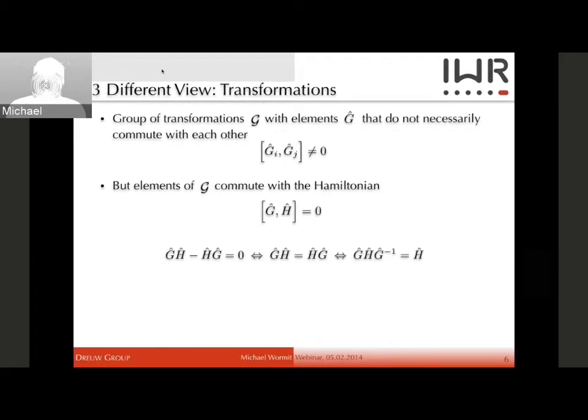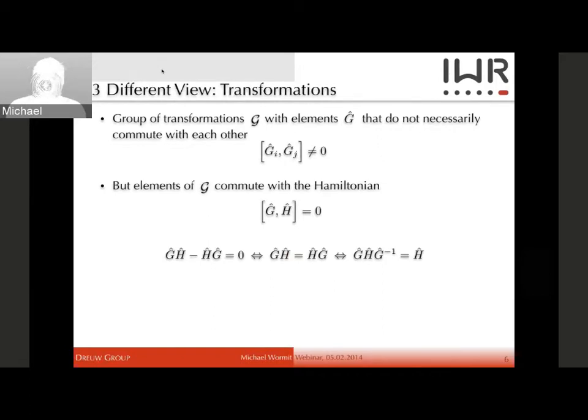But each of these elements commutes with the Hamiltonian. And what you can do now is use this commutation relation and reshape it by moving h times g to the other side, and then multiplying by the inverse of this transformation. And then what you see is that the inverse of the commutator relation now looks like